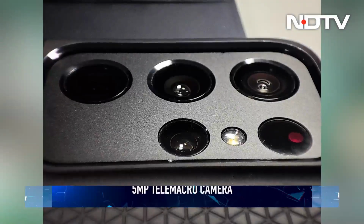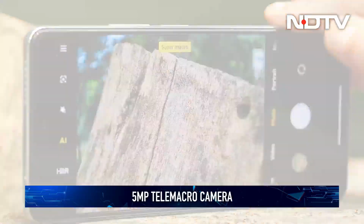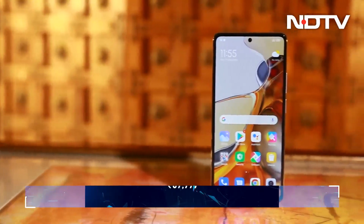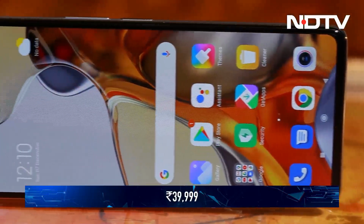Finally, there's a 5 megapixel telemacro camera. Unique to Xiaomi phones, the macro sensor lets you get up close and personal with your subject. In good lighting, the results are incredible to look at, though you will have to get a bit creative with your shots. With the price starting at just 39,999 rupees, the Xiaomi 11T Pro proves yet again that the company